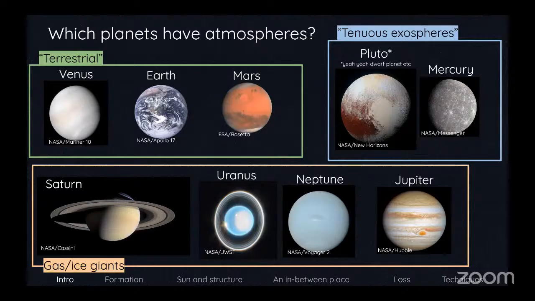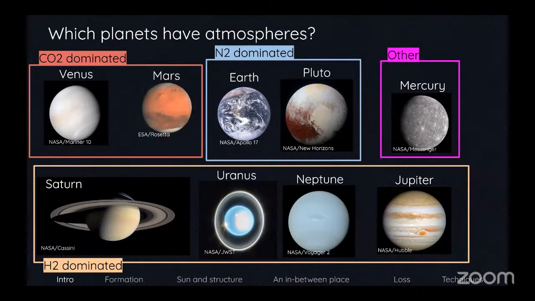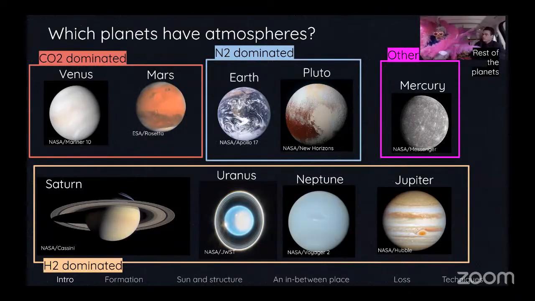We can also group these in terms of what makes up their atmosphere overall, like the molecule that they have in the greatest amount, in which case it looks like something like this. So the gas giants remain in their own group that are mostly dominated by molecular hydrogen, and Venus and Mars are over here in the CO2 dominated land. Earth and Pluto, interestingly, are in the group where they have mostly nitrogen in their atmospheres. And then Mercury is over here being somewhat special since it's got a very thin atmosphere. It's not really dominated by any one constituent primarily, except maybe oxygen.